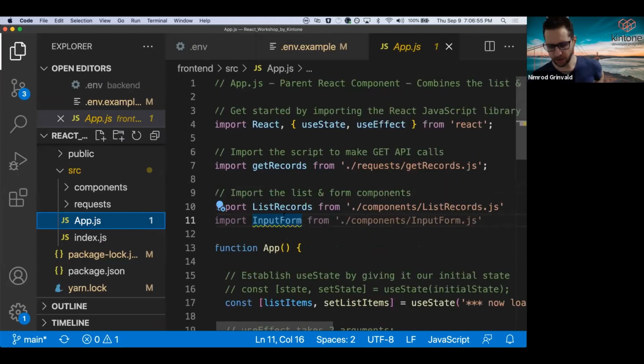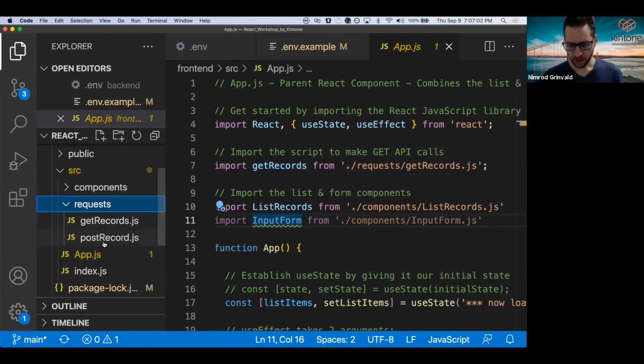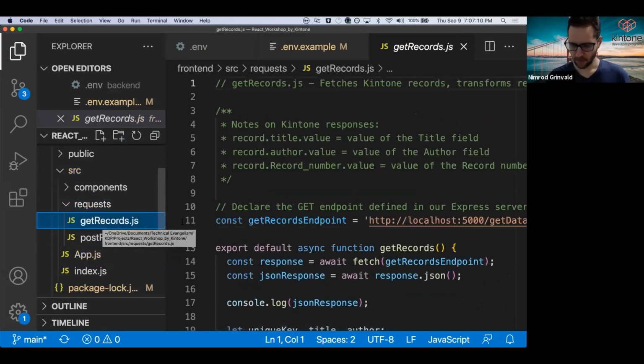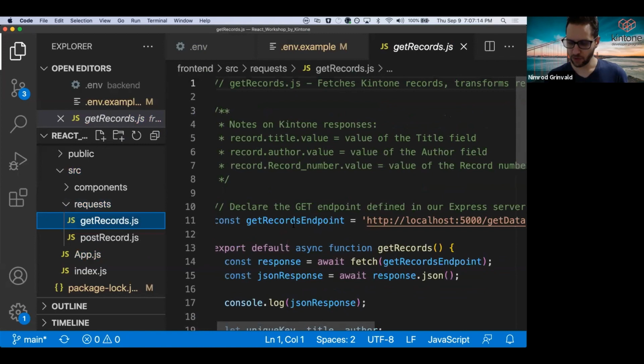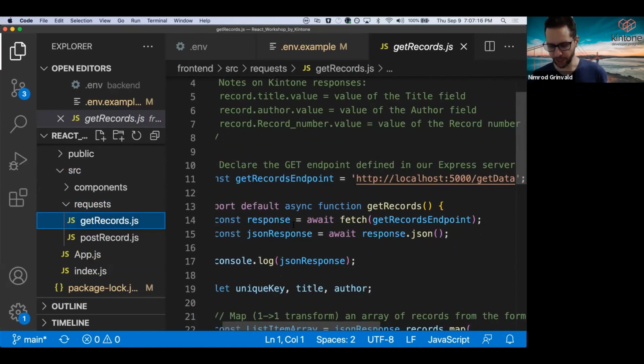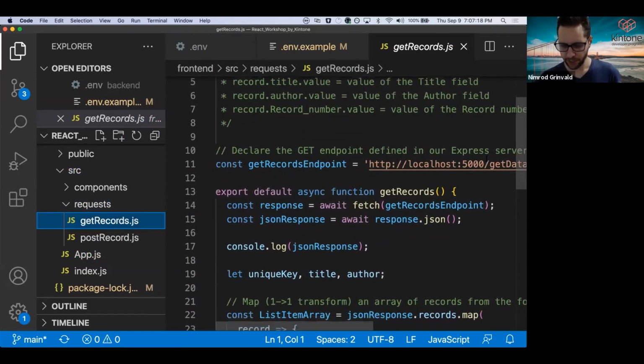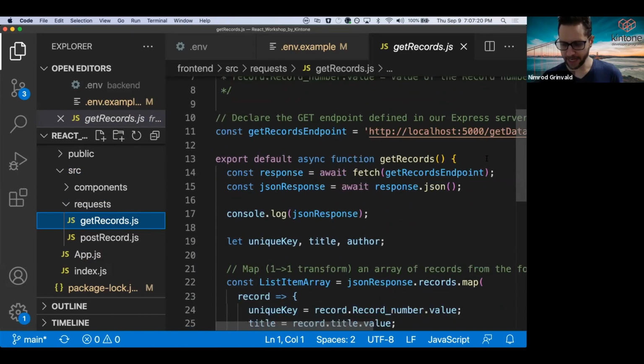So what about these other functions that we're importing? You'll see we've got a get records request and a post records request. And I'm going to quickly go over the get records request. What we're doing over here is we have set an endpoint, and we are setting up